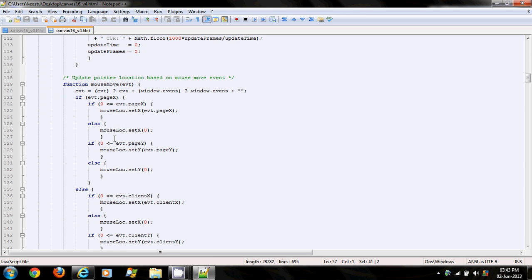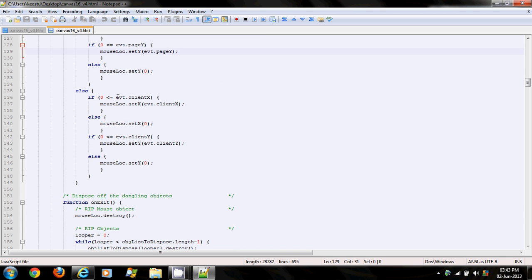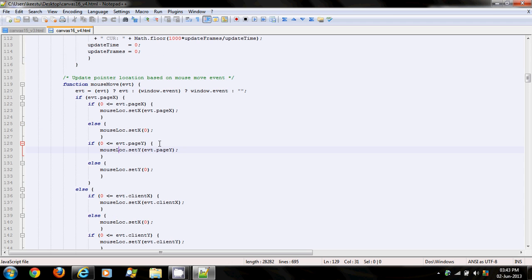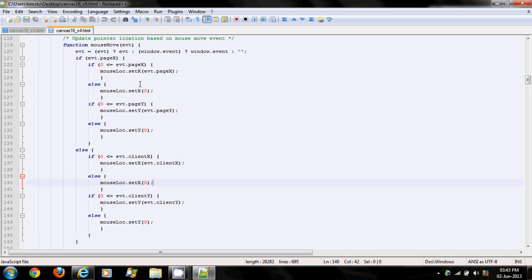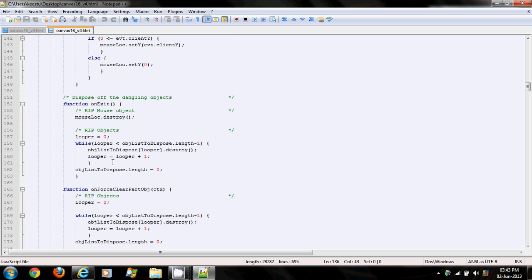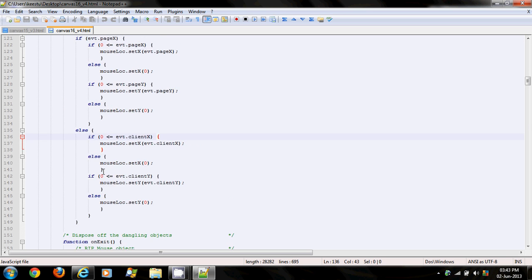Coming to the mouse event, I have done some checks for the value setting. If it is not 0, we don't want unnecessary negative values. Sometimes there is a case when you move to the extreme left where x becomes negative. So that's the reason for all these checks. Just in case, I have done it for y also.